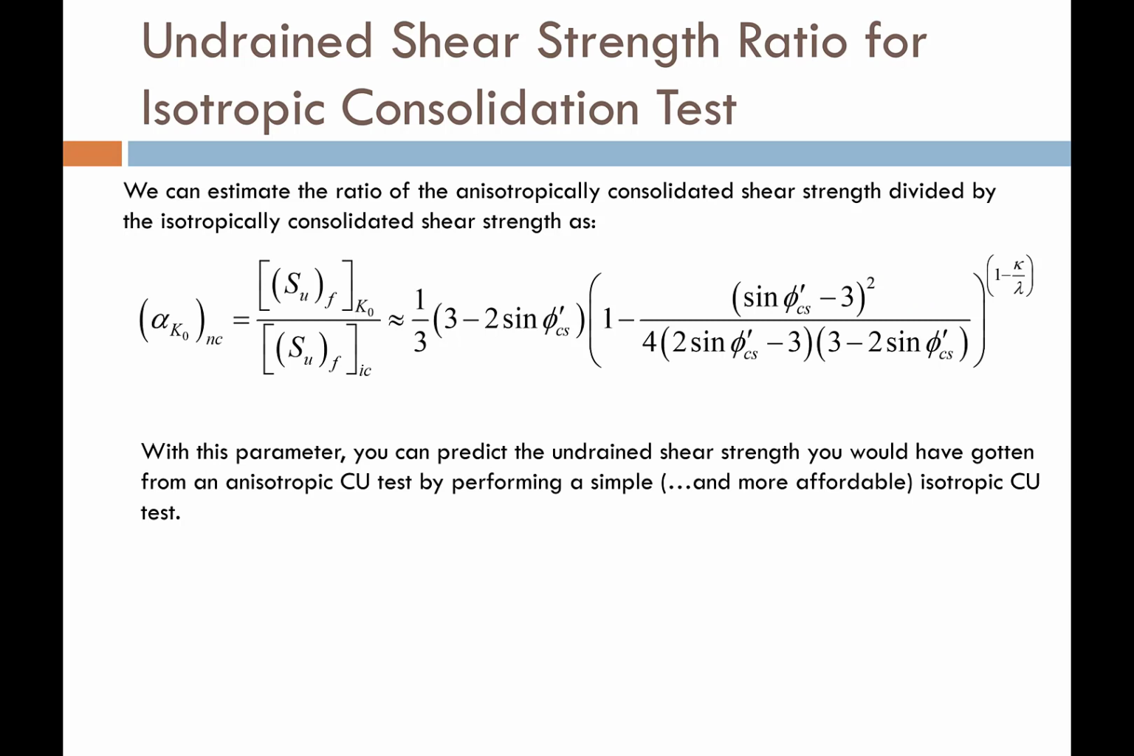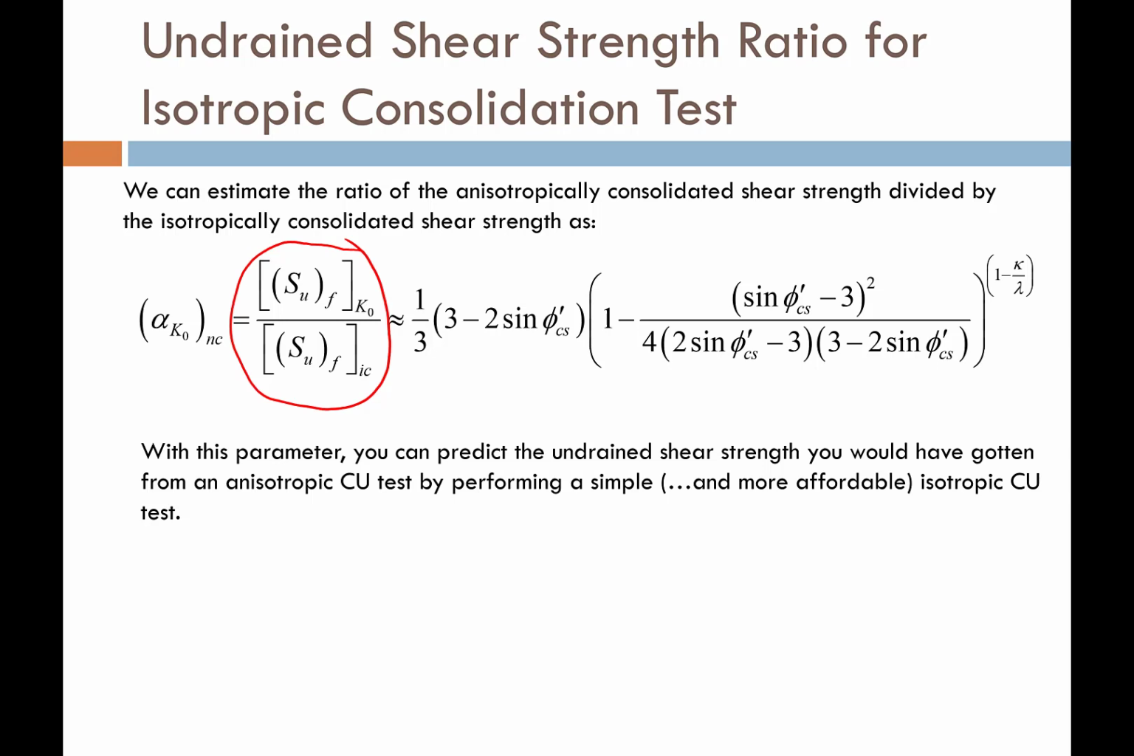Okay, how about getting the undrained shear strength ratio for an isotropic consolidation test? In other words, what if we want the ratio of undrained shear strength from an anisotropic test divided by the undrained shear strength from an isotropic consolidated test? We explained in previous lessons that we tend to get larger shear strengths if we anisotropically consolidate the soil